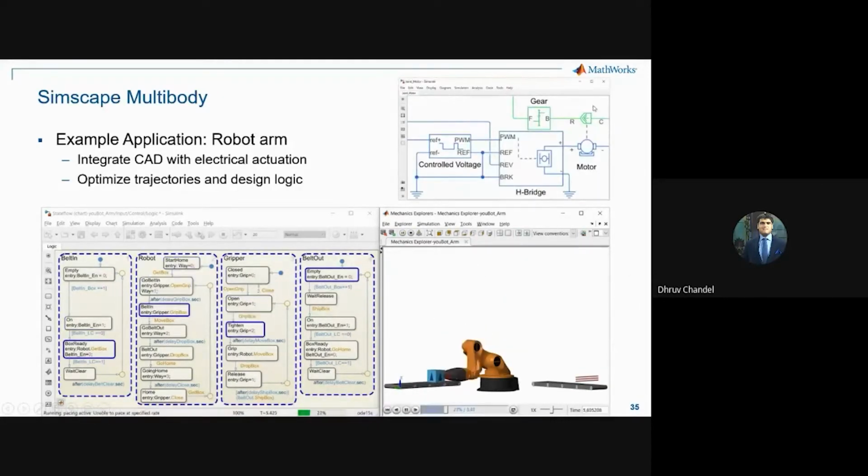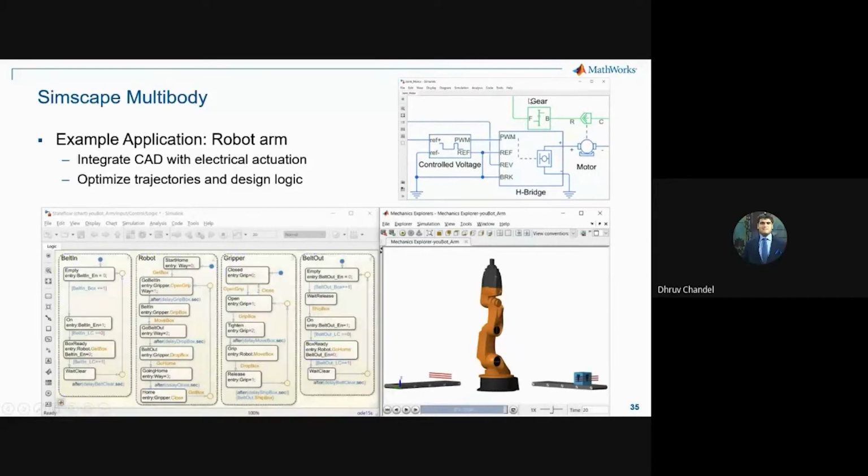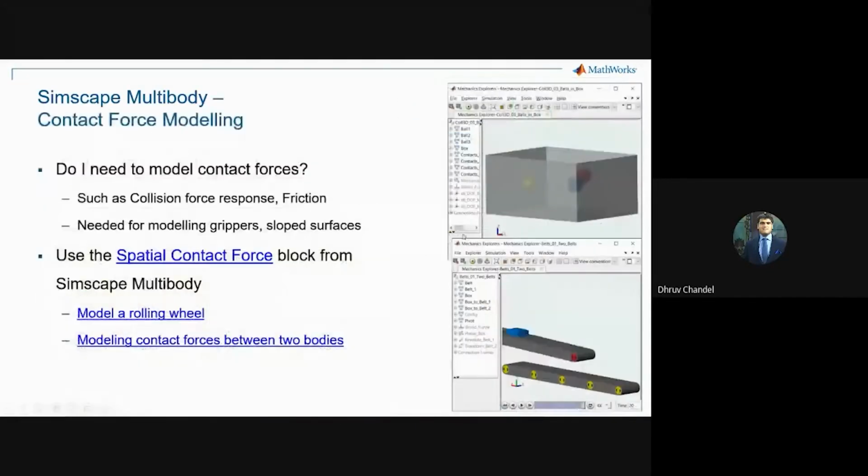And inside the robot, you will have a Simscape model with the electrical part and the mechanical part, including the gears, the joints, all of that stuff. And furthermore, you can model the contact dynamics as well. So all this is inside the Simscape Multibody library.